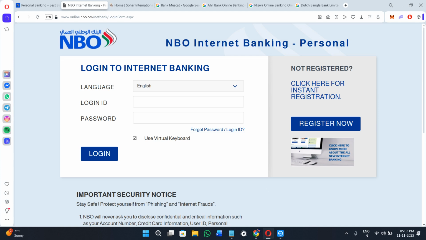Now, once you click on the option of the login over here, if you have enabled any kind of two-factor authentication on your account, you are going to receive a one-time password on your registered mobile number. So you need to enter that OTP in order to verify your identity. After the successful verification of your identity, you will be able to get access to your National Bank of Oman